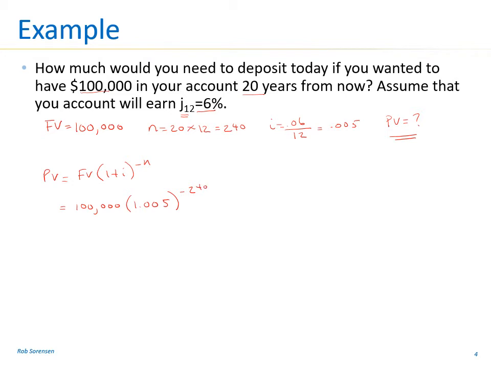And on our calculator, you can still use that y to the x button to enter your exponent. What you're going to do is press y to the x, type in 240, and then press the plus minus button, located down lower on your calculator in the lower right area. That's going to flip the sign to negative for your exponent. So you actually press it after the 240 on our calculator. All right, if we enter all that in correctly, you should come up with